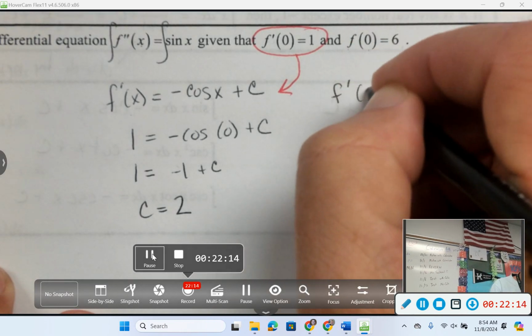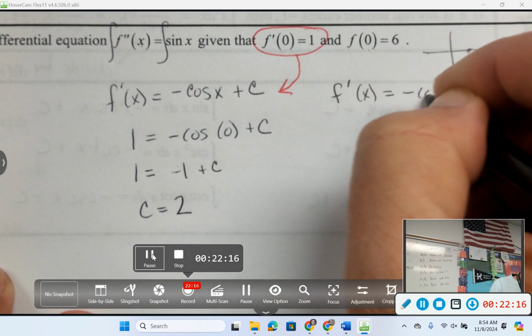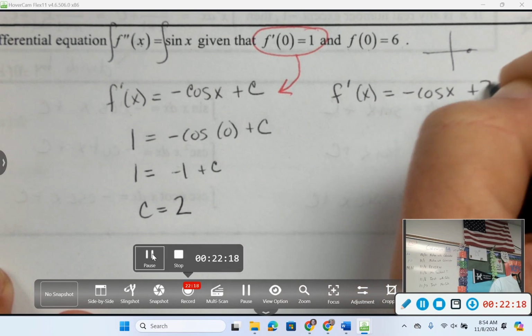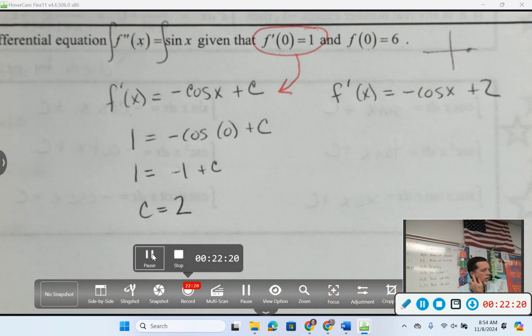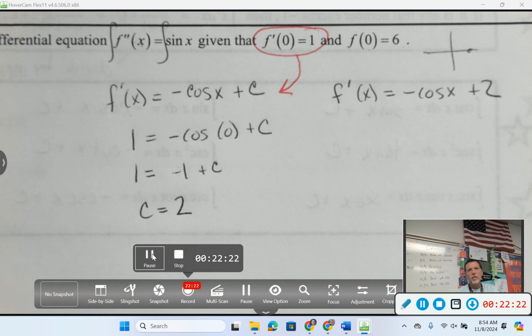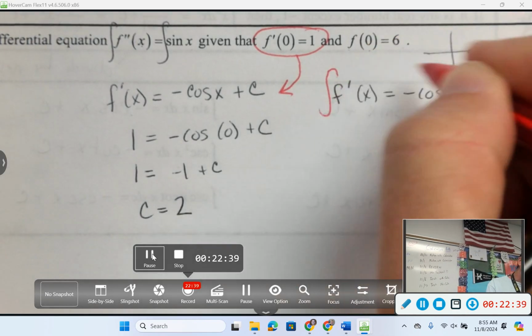So f prime of x equals negative cosine of x plus 2. Okay, so that's my go backwards once process completed. Go backwards once, you get the C, you fill things in, you figure out what C is, and then you realize, wait a minute, I'm not done, I got to do that whole process one more time to go from f prime to f. So let's antiderivative again,